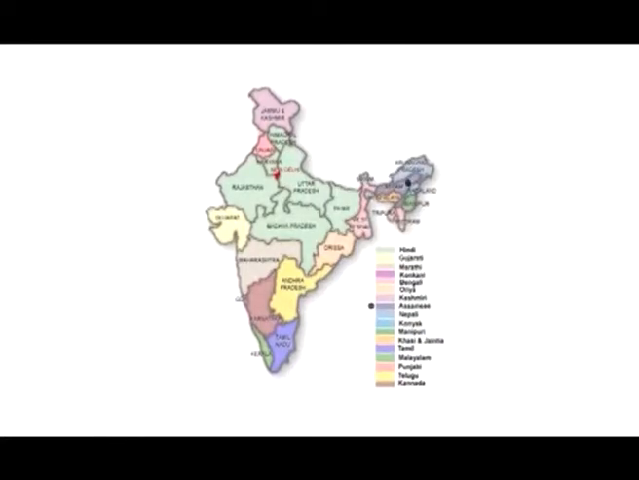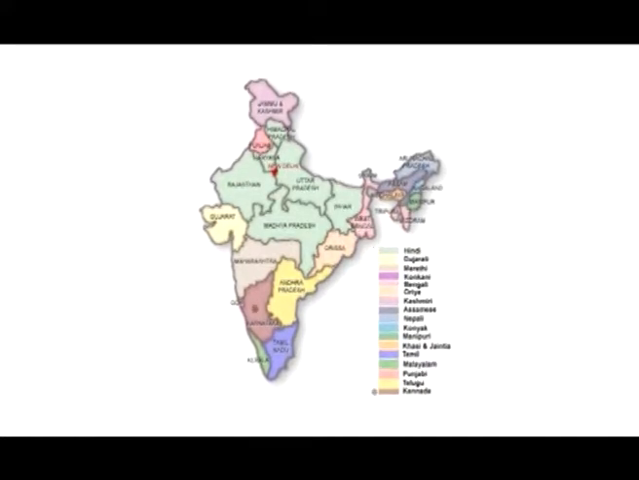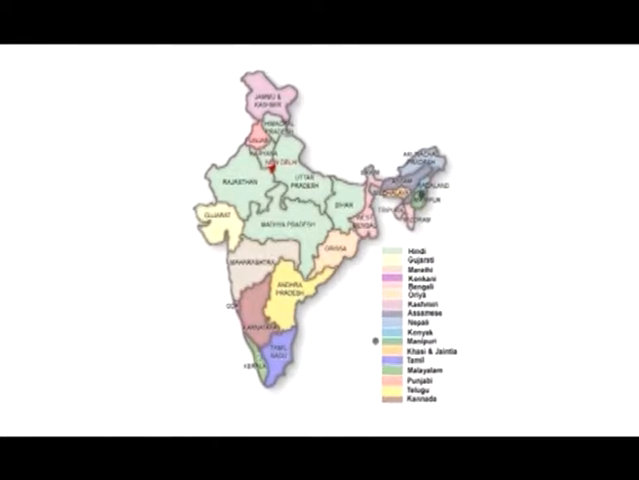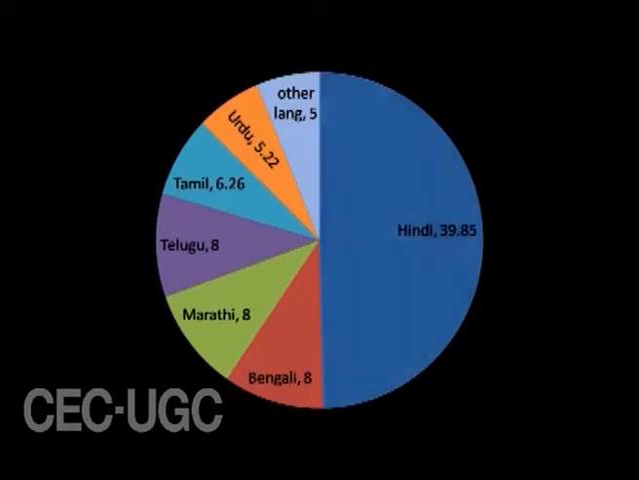These are Assamese, Bengali, Gujarati, Hindi, Kannada, Kashmiri, Konkani, Malayalam, Manipuri, Marathi, Nepali, Oriya, Punjabi, Sanskrit, Sindhi, Tamil, Telugu and Urdu. Out of the total population,